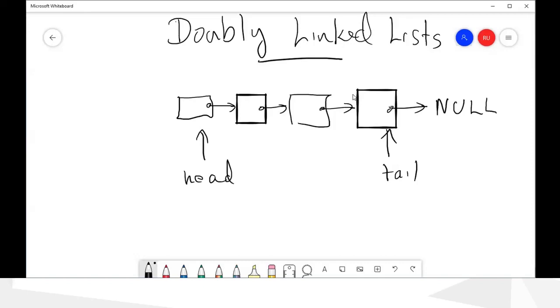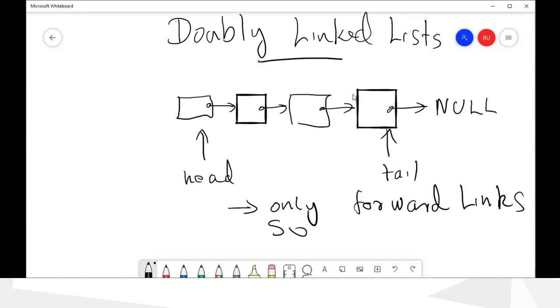We call these singly linked lists, and we have only forward links. So we can only go in one direction, that is forward.